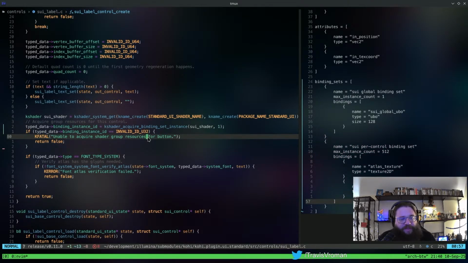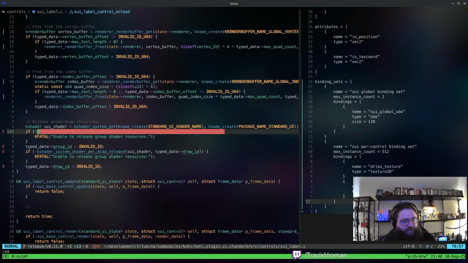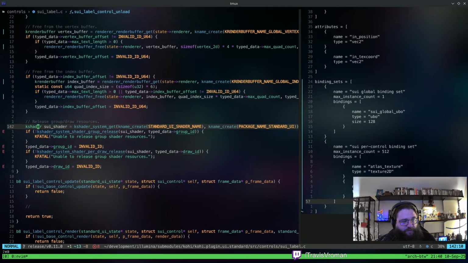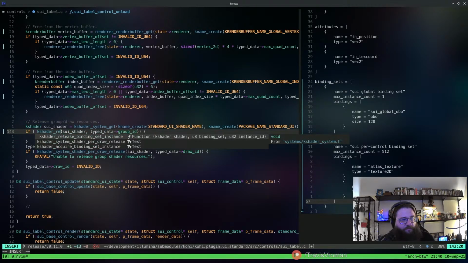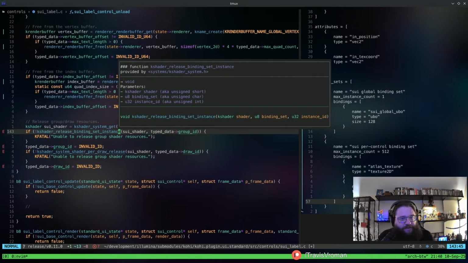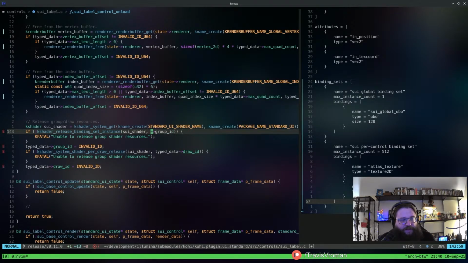And that's basically going to be a little bit of a change that we're going to have to make kind of across the system, right? So we have that. We've got a couple of other errors fall out from that, right? But most of it's going to be actually deleting code. So we're going to do kshader release binding set instance. And this, I believe, just takes the binding set, and then, whoops, the binding set is going to be 1. And then binding instance ID is going to be there.